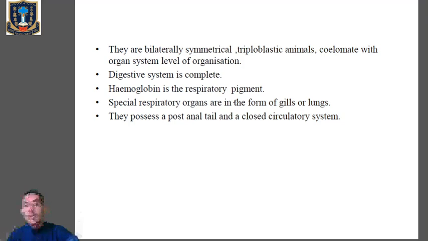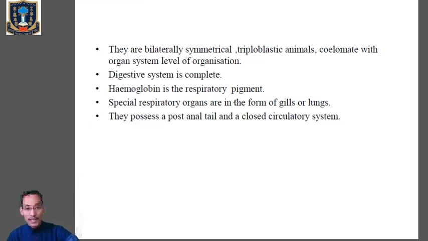Number three, they are coelomate. Coelomate means presence of a true body cavity or coelom, which is lined by the mesoderm. Then they have an organ system level of organization. All the terms we have mainly dealt with in the first class of this chapter, so try to recall it back. The digestive system is complete with two openings, if you remember, right? One from where we ingest the food particles, and the second opening from where the waste products will